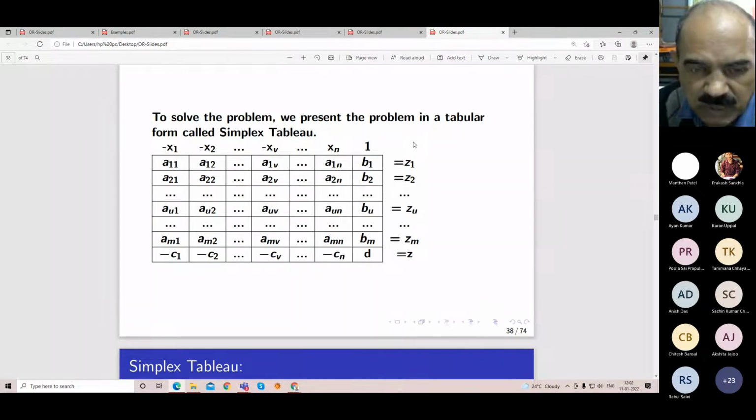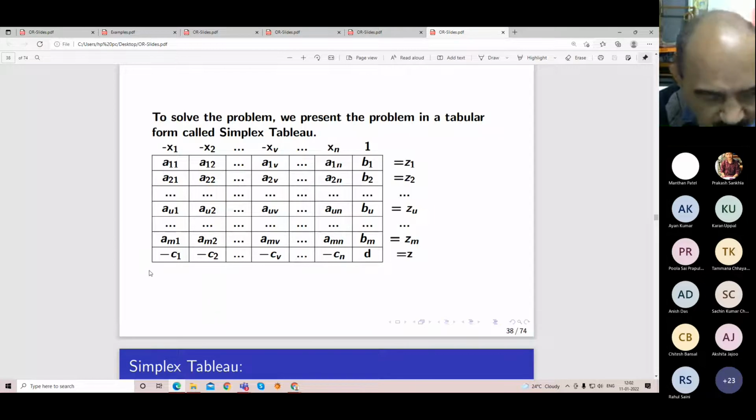So this table, whatever we are presenting, is called the condensed form of the simplex table. There are two tables. One is the extended table, another is the condensed table. I am presenting the condensed form of the simplex table. Okay, so why is it condensed? When we discuss the numerical example, I will state it there.